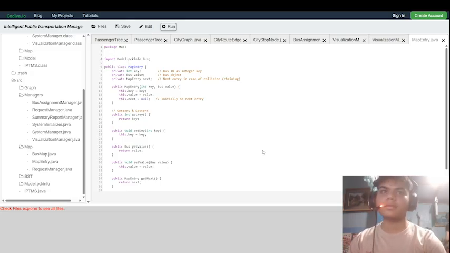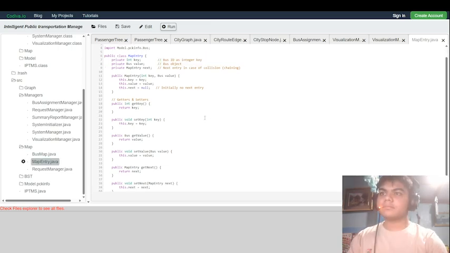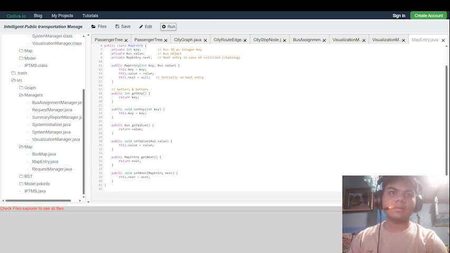GetNext method. This method returns the next map entry in the chain. It is used to traverse linked lists of entries in the case of hash collisions. The setNext method. This method sets the reference to the next entry in the chain.